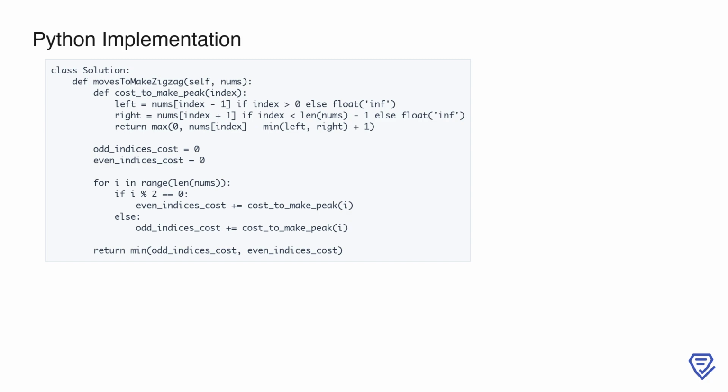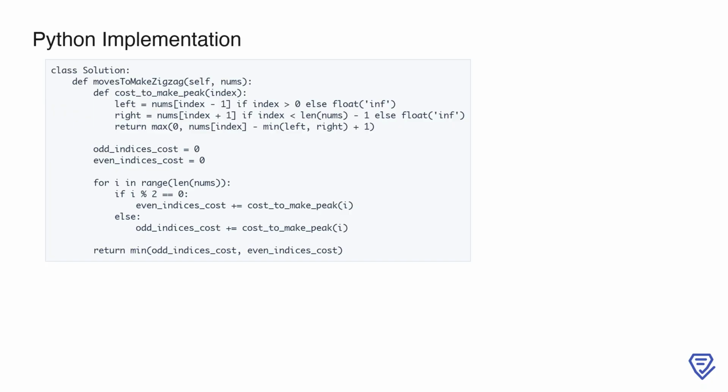unnecessary reductions. The code then initializes two variables, odd_indices_cost and even_indices_cost, which track the total cost of making the array conform to the two zigzag patterns. For each index in the array, it checks whether the index is odd or even. If the index is even, it adds the cost of making it a peak to even_indices_cost. Similarly, if the index is odd, it adds the cost to odd_indices_cost. Finally, the function returns the minimum of these two costs, as we only need to achieve one of the two patterns. This ensures the solution is optimal with a complexity of O(n), where n is the length of the input